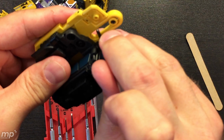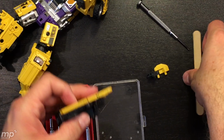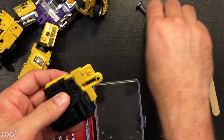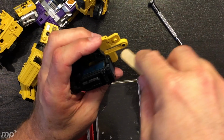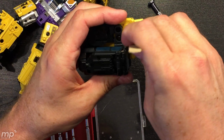So I'm going to file down this edge a little bit. This edge is completely fine. I don't think I have to disassemble this, but I'm going to pop the screw out. Oh, I guess the whole thing. Nope, I'm going to leave it. All right, it's in there nicely. And it's not going to get in the way of the file. So now I'm not going to file this down too much because I don't want to take away the notch completely. So maybe just